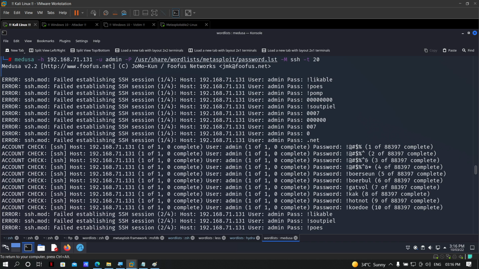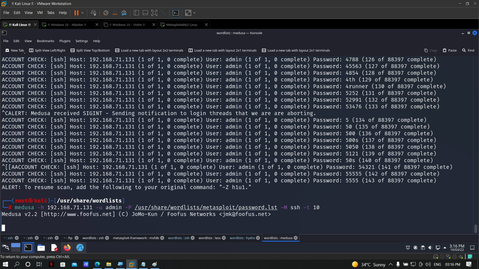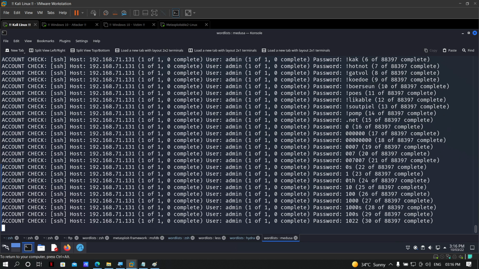For the other 10 we got errors because on the server only 10 simultaneous connections are allowed. So in these kinds of scenarios, you cannot jump directly to 20 threads. You can only go with 10 at a time to avoid any sort of errors, right? So to brute force, you can go with these options.